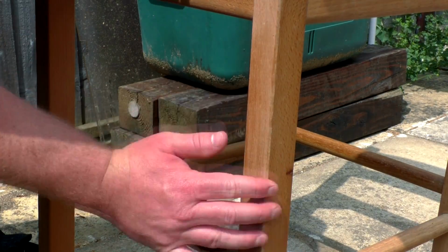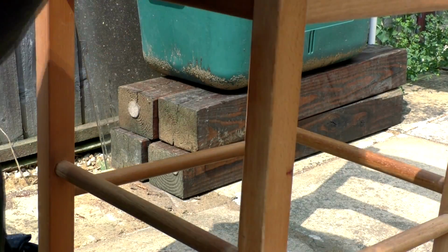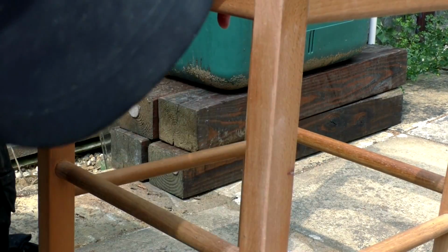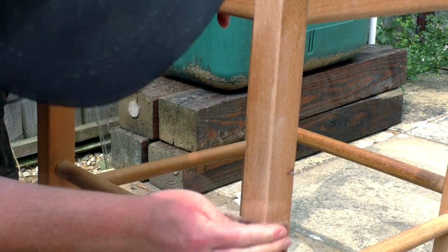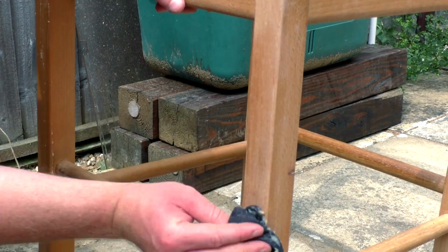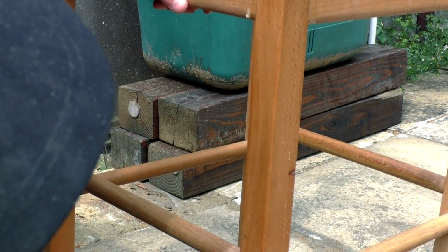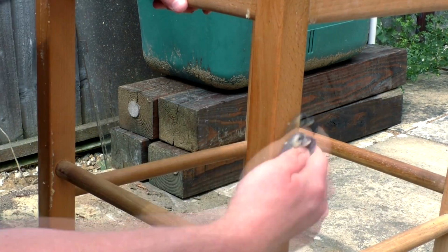The chairs had some wear and tear and dents on them, particularly on the legs, and the finish was also quite dry in places. So I asked the client if he wanted me to give them a bit of a freshen up while I had them, and he said yes please. So I did a bit of sanding with some 120 grit to smooth everything over,